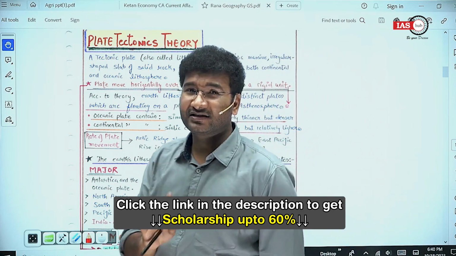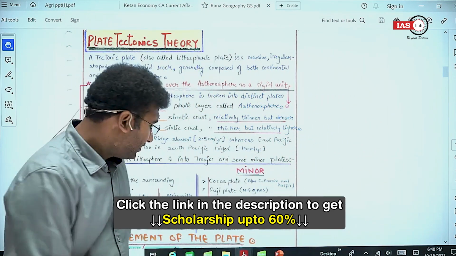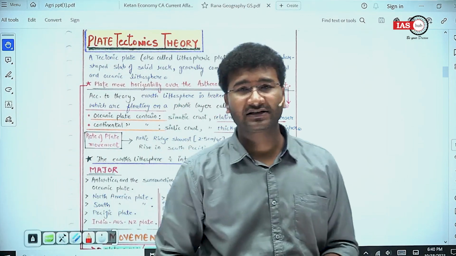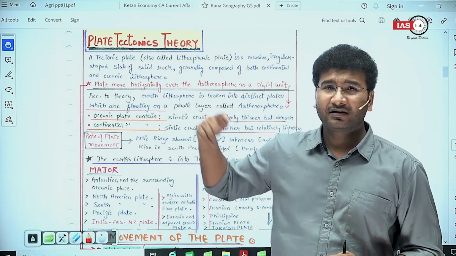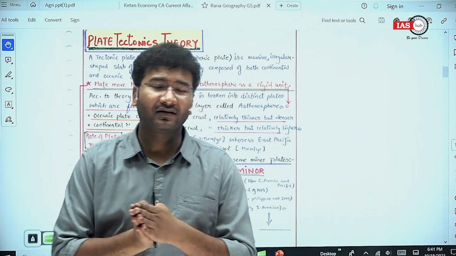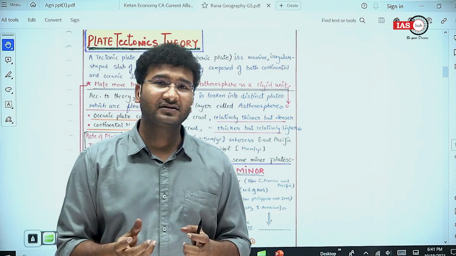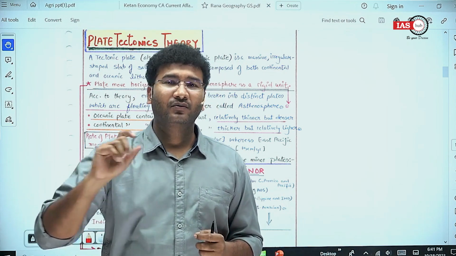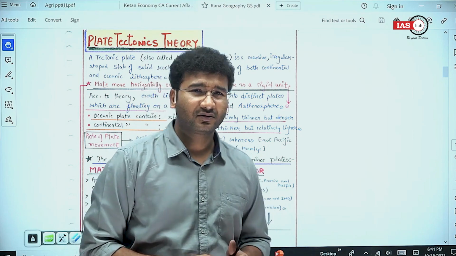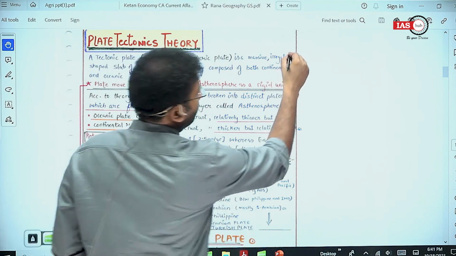30% he utilizes for current affairs. Here, for example, this is your static notes of plate tectonics theory. Now in yesterday's and the day before yesterday's newspaper and even in today's newspaper, there's an article regarding the Afghanistan earthquake. There were articles asking why is Afghanistan the most prone area for earthquakes? So in that case, what you have to do, right here,